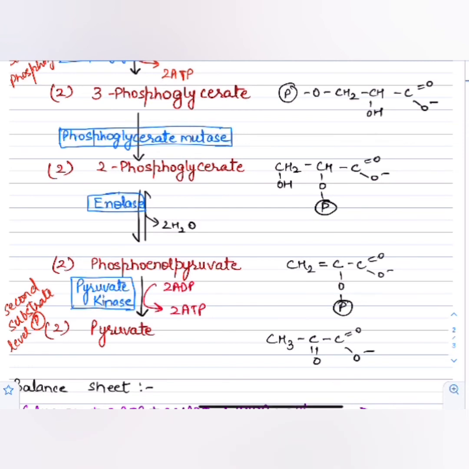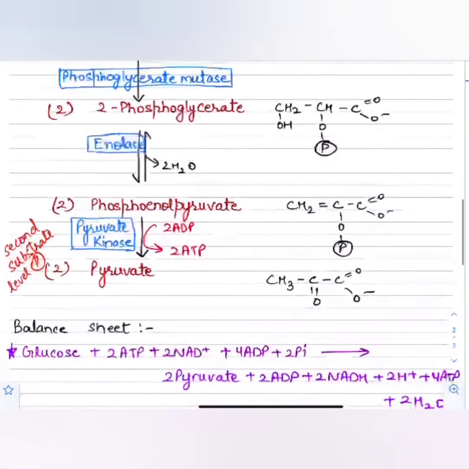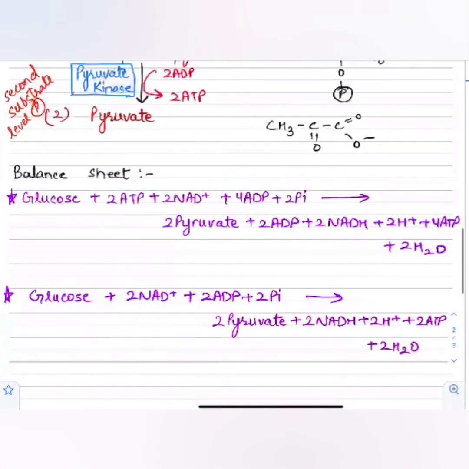So two pyruvates are formed and 4 ATP molecules are produced in this payoff phase reaction. And this is the balance sheet. One glucose molecule, and in the preparatory phase it takes 2 ATP and 2 NAD+, 4 ADP plus 2 Pi, and it returns back 2 pyruvate, 2 ADP plus 2 NADH, 2 H+ and 4 ATP plus 2 water molecules. So if we cancel them, it becomes